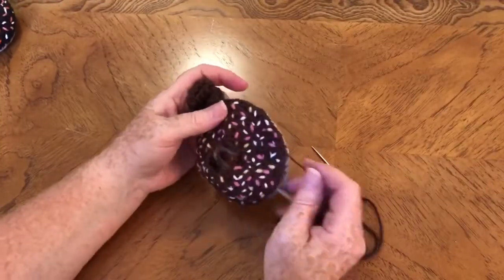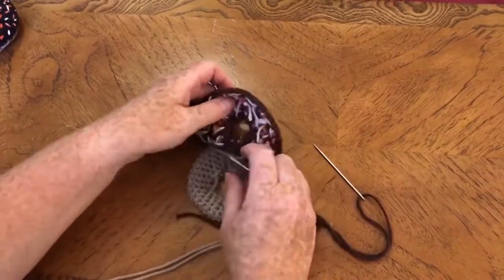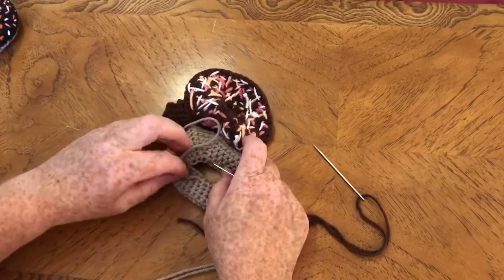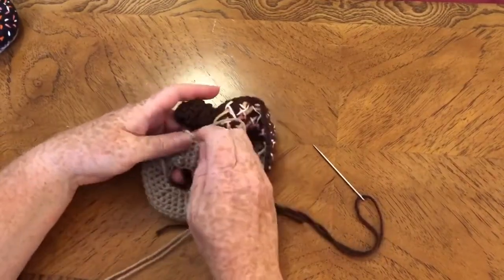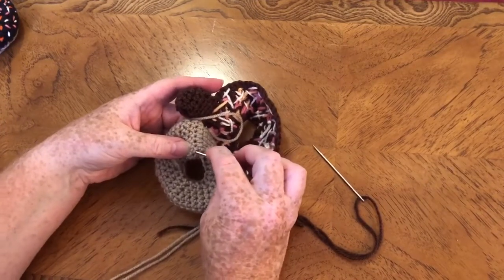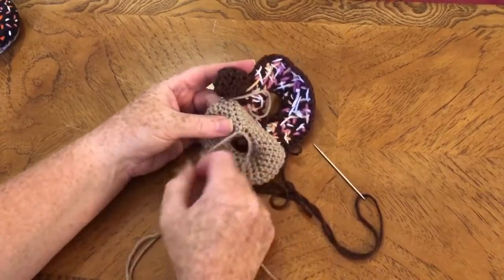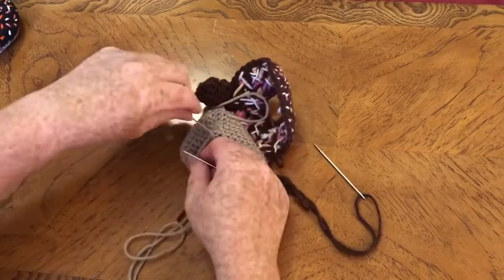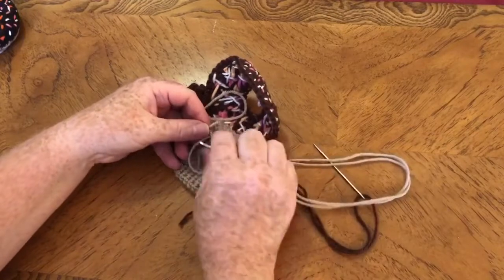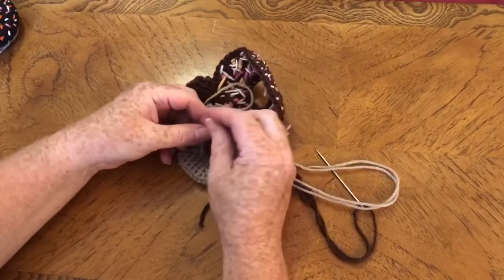I would put that in there to keep it secure, but it does tend to get hooked up with this one when you get going. So you just want to secure, forget that long tail, it doesn't matter, or that one there, and you just want to secure this to it, and you don't have to do it in a fancy way. You can just tighten a knot simply, because all of those ends and everything else are going to be inside the donut and will never be seen, so it doesn't have to be too pretty, just as long as it's secured with a double knot